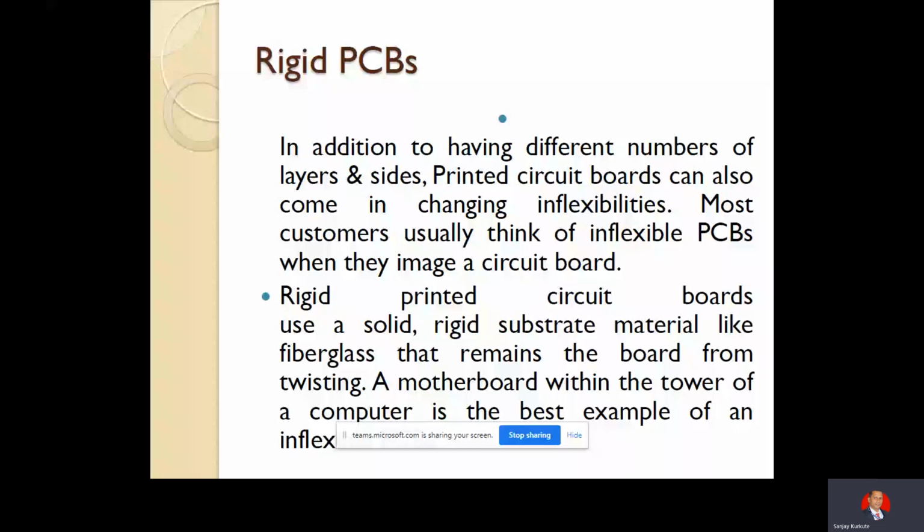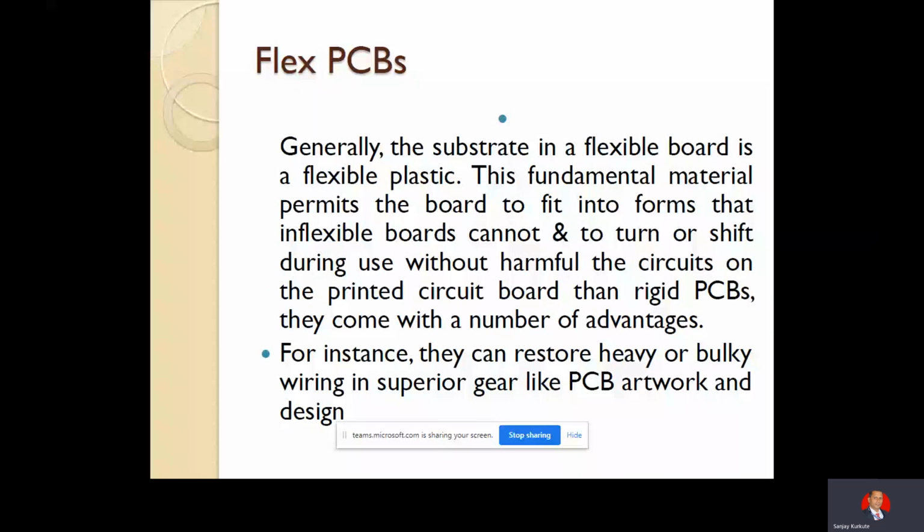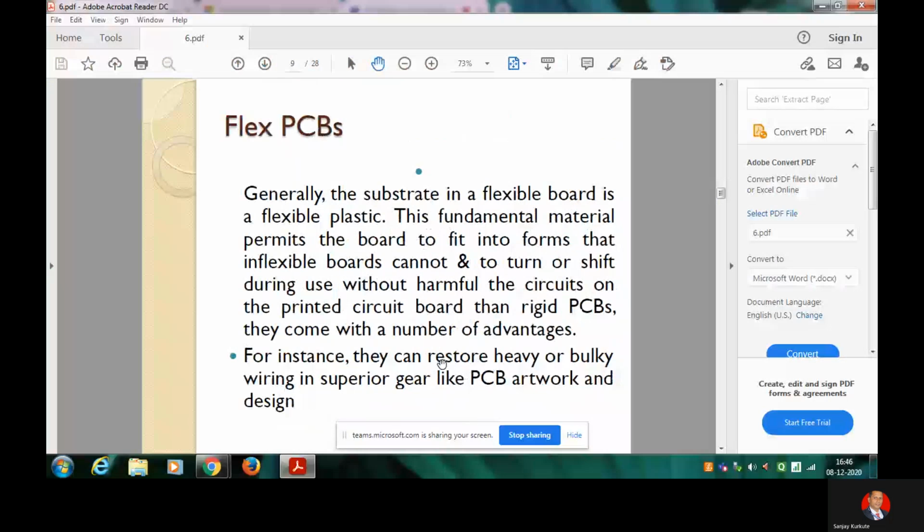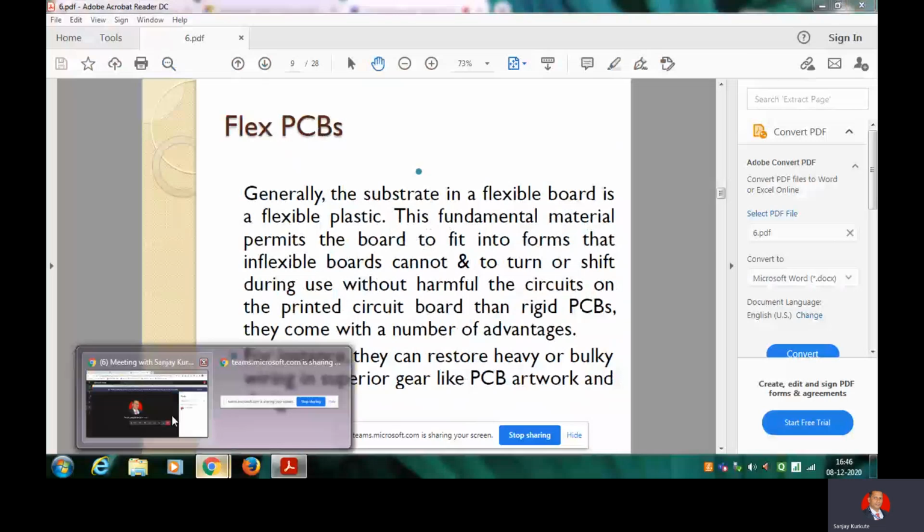Flexible PCB, rigid-flex PCB, these are the different types of PCBs. Depending upon the application, we may design this type of PCB. So now we have an idea about all these things. So let us see this